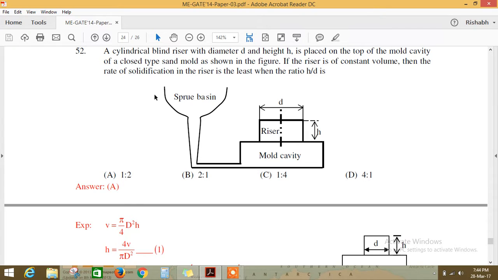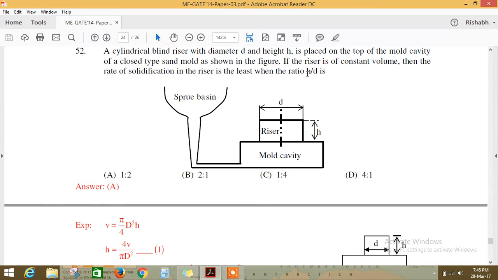It is from production. A cylindrical riser with a diameter D and height H is used. This is the mold cavity, this is the sprue basin, everything is given in the question. Let me read the question first. A cylindrical blind riser with diameter D and height H is placed on the top of the mold cavity of a closed type sand mold as shown in the figure. If the riser is of constant volume, then the rate of solidification in the riser is least when the ratio